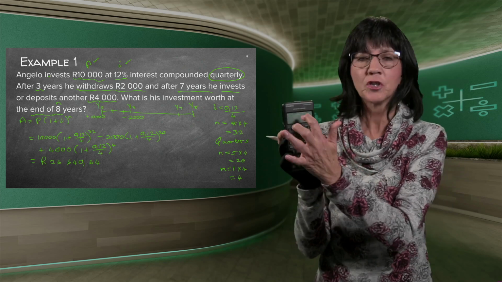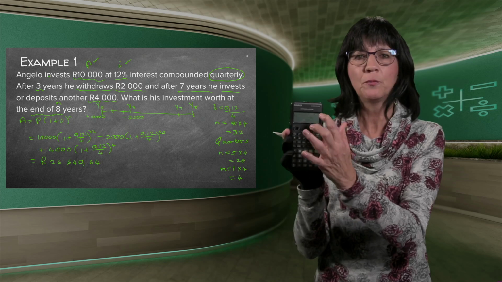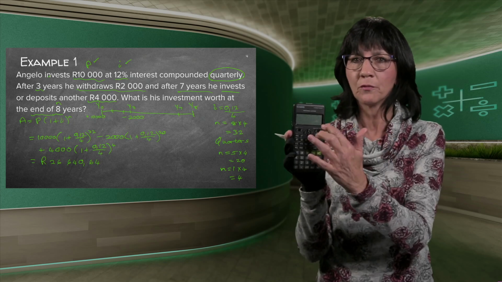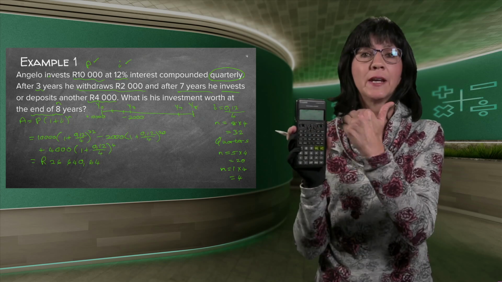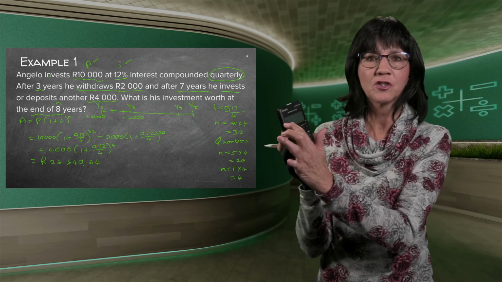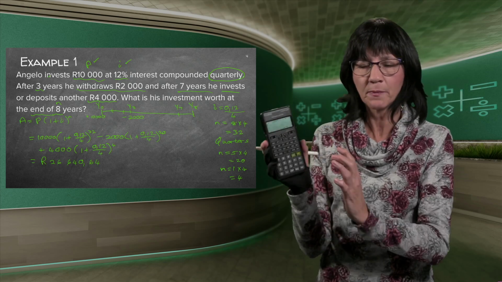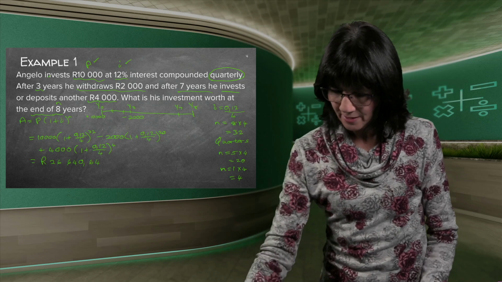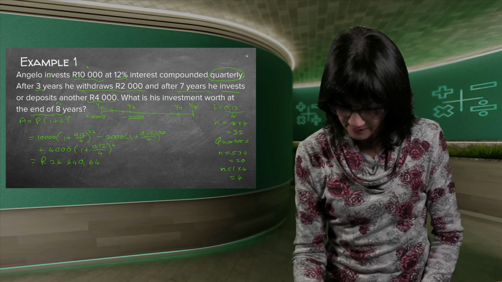Just one thing, check your calculator. Because if you press 1 0 too little or too much, it's going to give you the wrong answer. So before you press the equal sign, go back and just check, because everything is standing on your display. Check that you've got everything correct, and then you should not make a mistake.